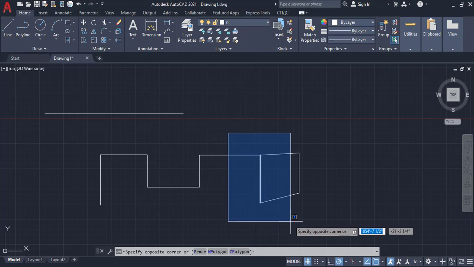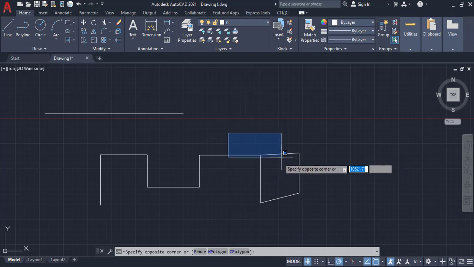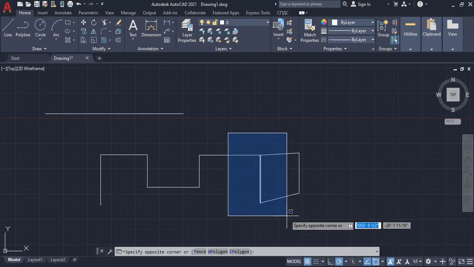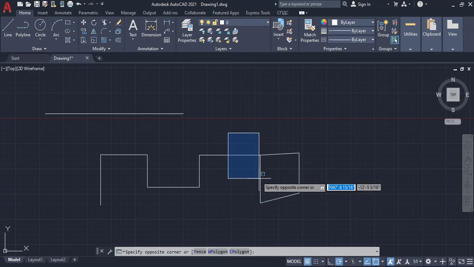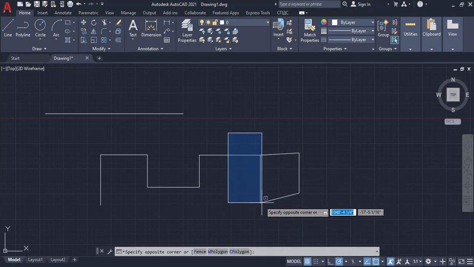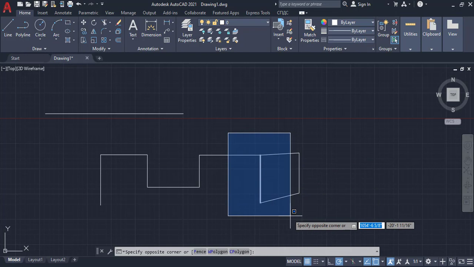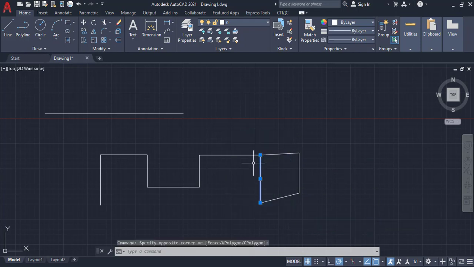For example, here we can see, if I do like this, here we can see 1, this, 2, 3, 4. These 4 are touched, but only this one line is fully covered by this window. So let's see what happened here. Only this line is selected, other partially touched lines are not selected. So we use this selection as per our requirement. Whenever it is required, use either right to left window selection or left to right window selection or pick point as per required. These objects are selected.